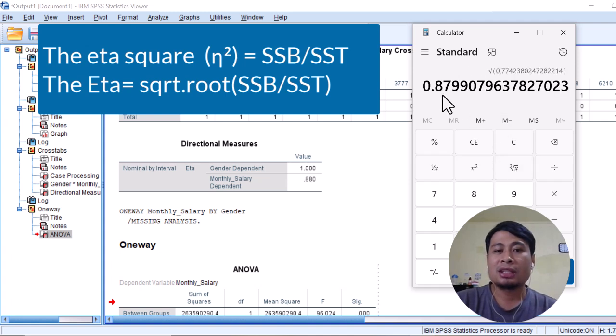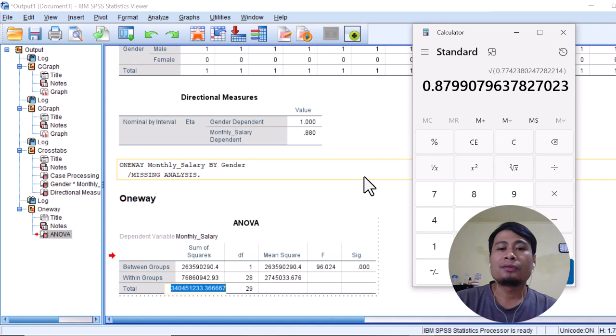We have the same exact value that is produced by the Eta correlation procedure that I showed before, okay? 0.879 and so on, or if we use 3 decimals, 0.880 and so on. Okay, now you fully understand how to use Eta correlation, how to use the Eta squared,